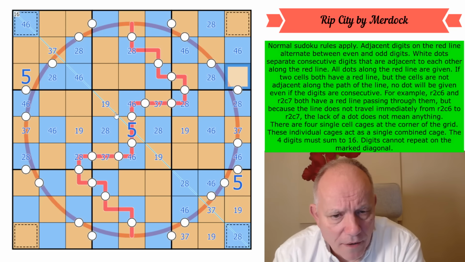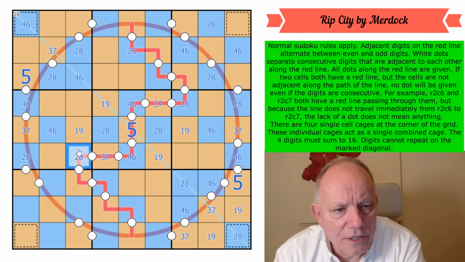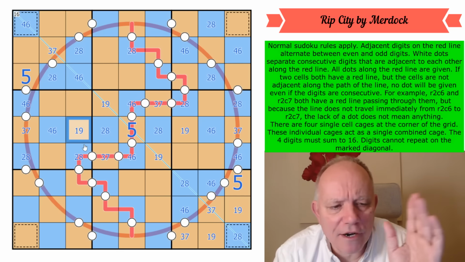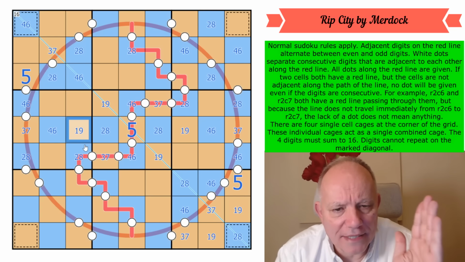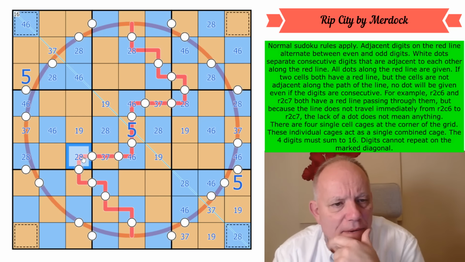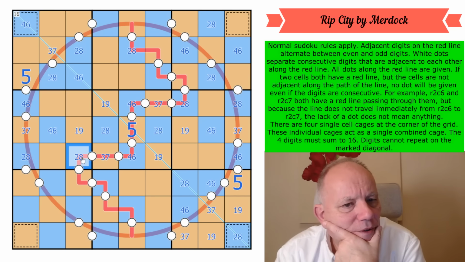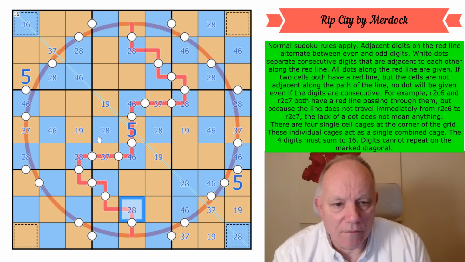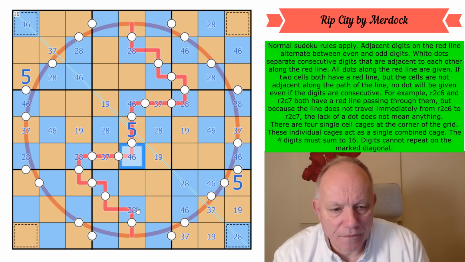Right, where am I going next? Sorry, there's probably a lot of very obvious things that I could still do. 2-8 doesn't connect to that 1 or 9. No, that's not on a red line. That doesn't matter about the white dot there. I've really got to keep focusing on the white dots, I think. This digit is 2 or 8 in the column. We've had 4 and 6. So this is,